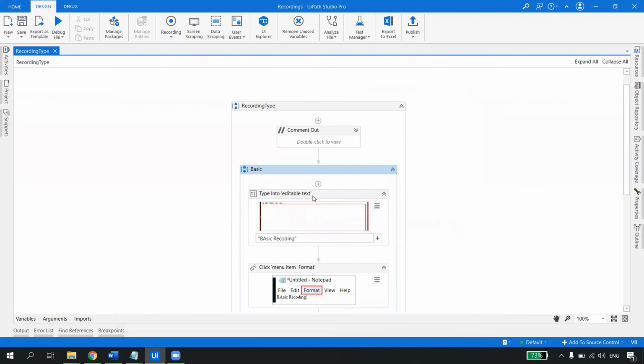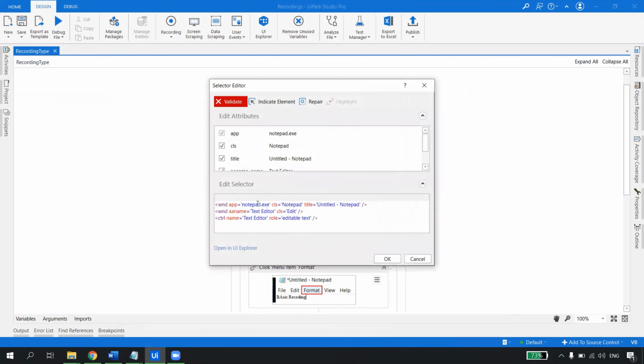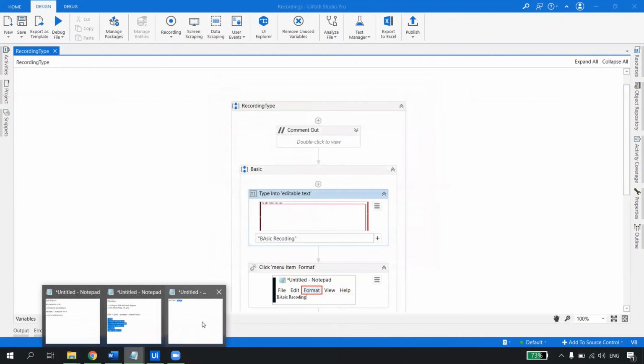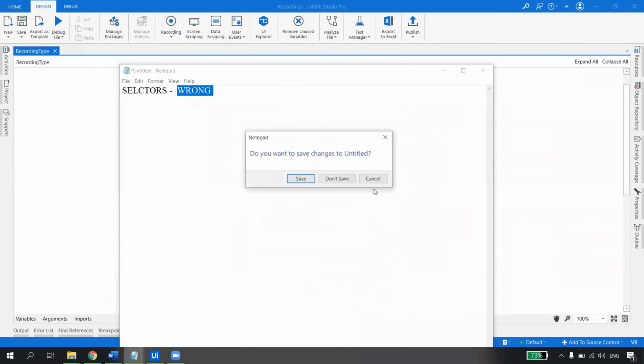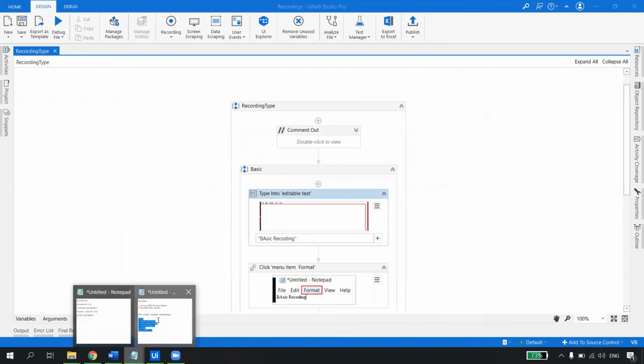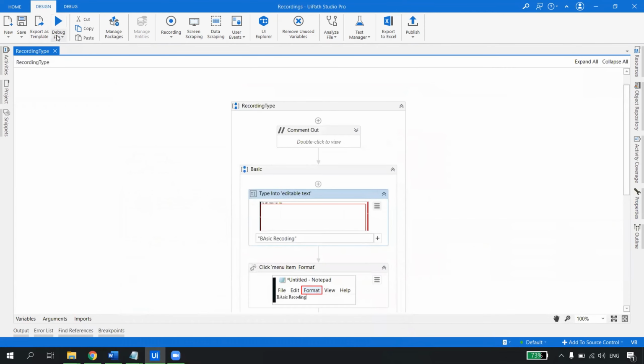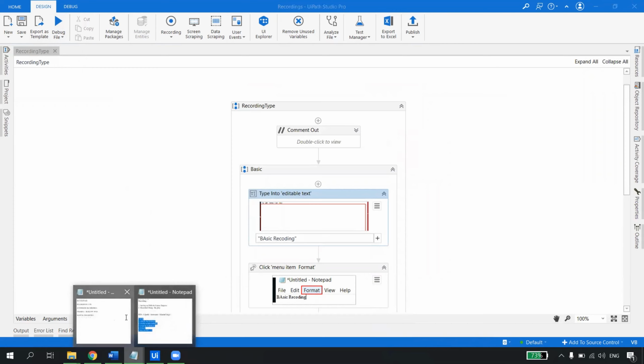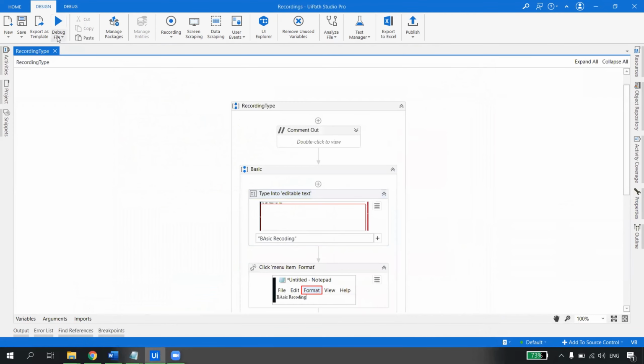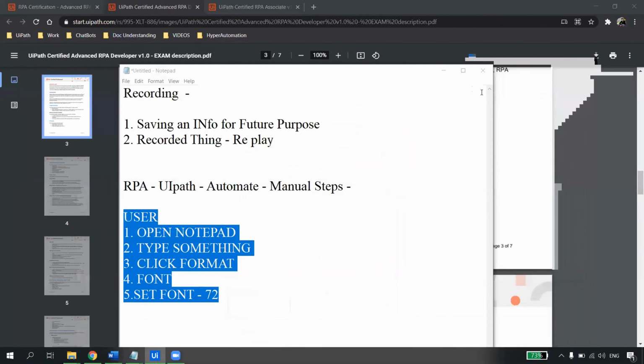We are telling it to write on the notepad window, so if you see the selector, it is looking for notepad.exe and the title of the notepad should be untitled notepad. So now if I go on my screen, I will just close the untitled notepad and not save it. Now if I go here, this is untitled notepad, but there is a star in front of it. It won't match. So let me just minimize this and let us try to run this file. We don't have the blank untitled notepad now. So if I run this automation, what would happen?